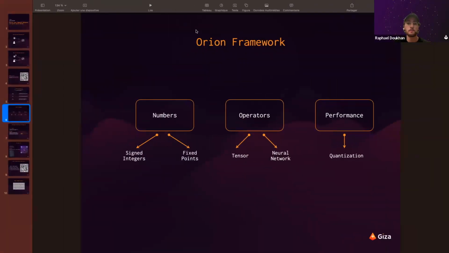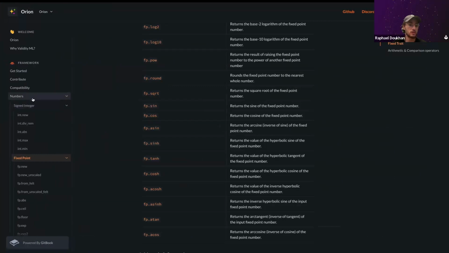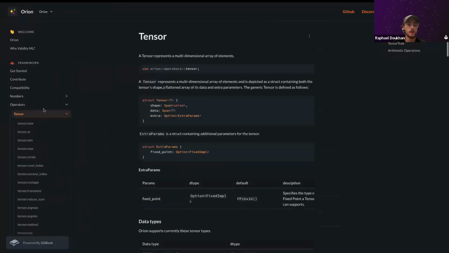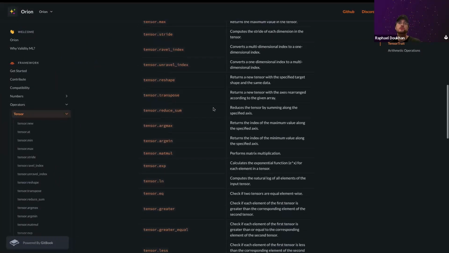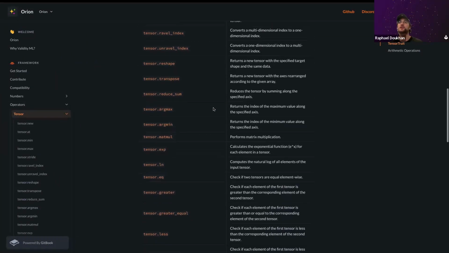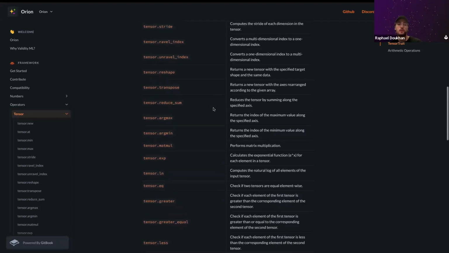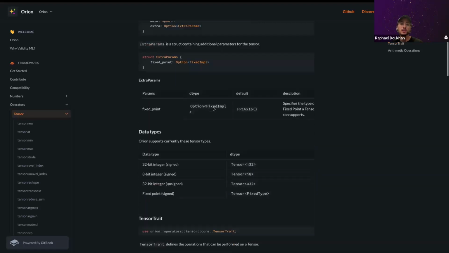Then we have the operators library, where we have tensor and neural network traits. The tensor trait has all the functions for a tensor, very close to the NumPy library. I can show you here: we have ravel, unravel, reshape, transpose. So very similar to NumPy. Again, we are compliant with ONNX for that. What is a tensor in Cairo?